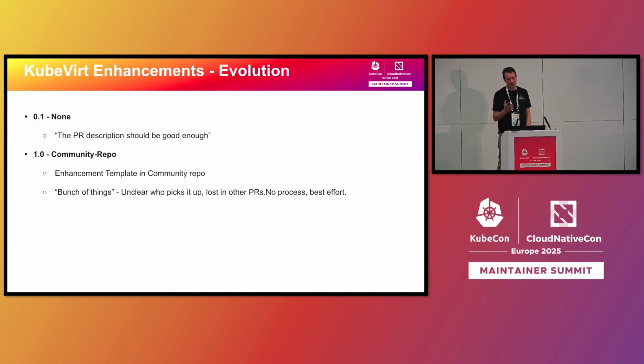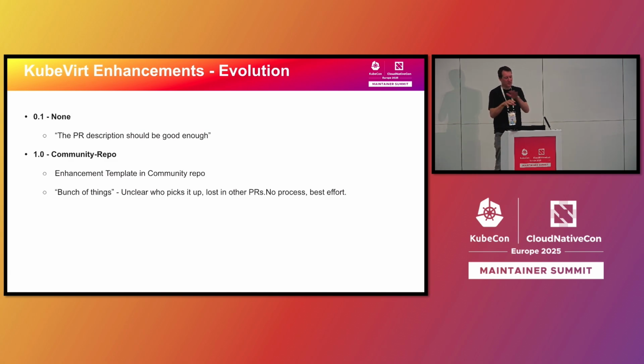It was just a PR with 2 lines of documentation, and that's almost it, right? So in 0.1, there was really no process, but there were only 3 or 4 people contributing to KubeVirt. 1.0, which we did, I don't know, 4 or 5 years after the inception of the project,